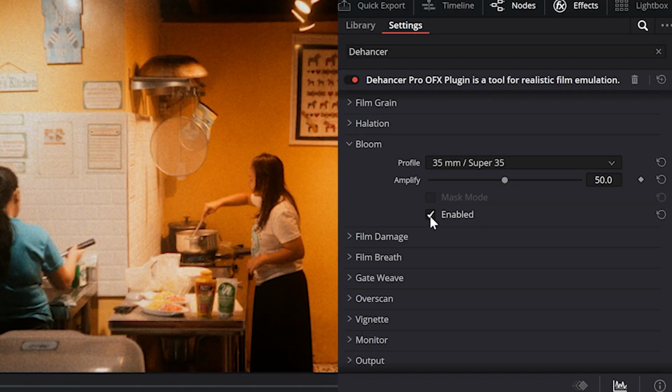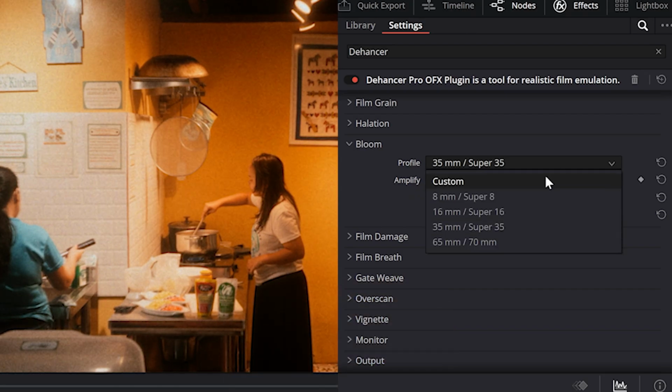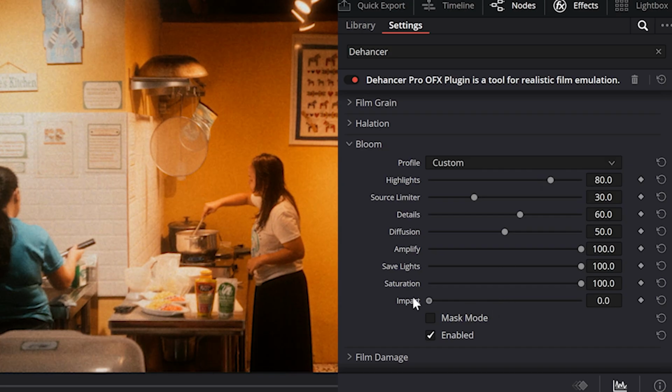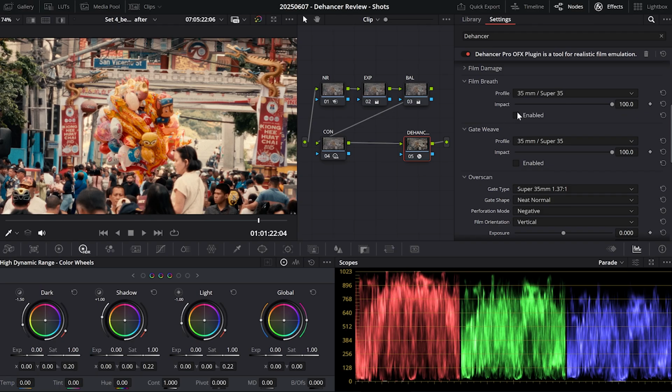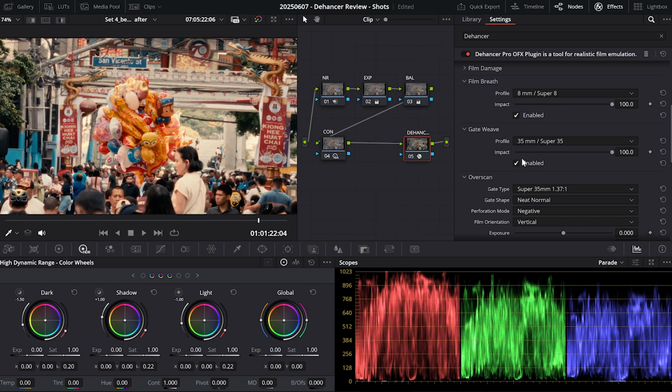Another feature is bloom. It softens your highlights to create that dreamy cinematic glow. Compared to halation, it's much more forgiving, and it often adds a gentle softness that complements a wide range of looks and styles. Dehancer also packs in some niche features like gate weave and film breath, which replicate the subtle